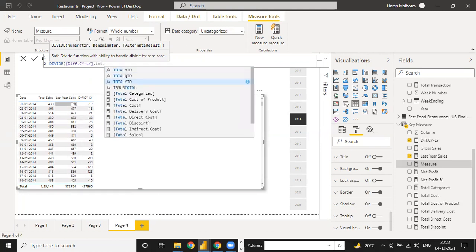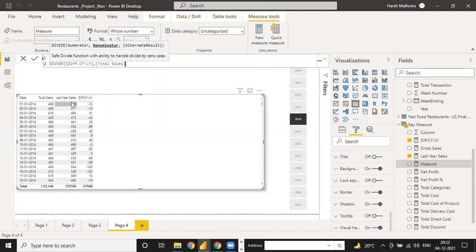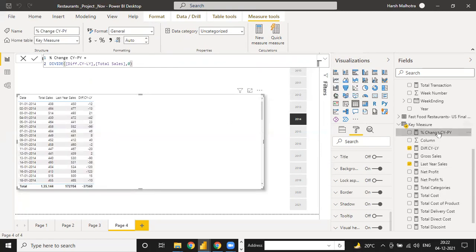So you can just click on total sales, and now the alternative result: suppose if your total sales value is 0 on some days, then this will show me an error. So you put 0, which means if the denominator is 0, then the answer should be 0. Just press enter, and it will give you the percentage change between the previous year and last year.